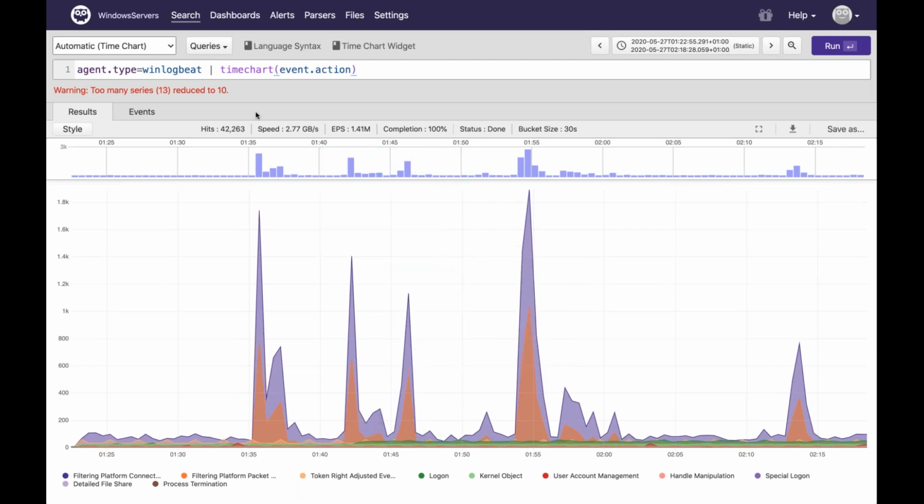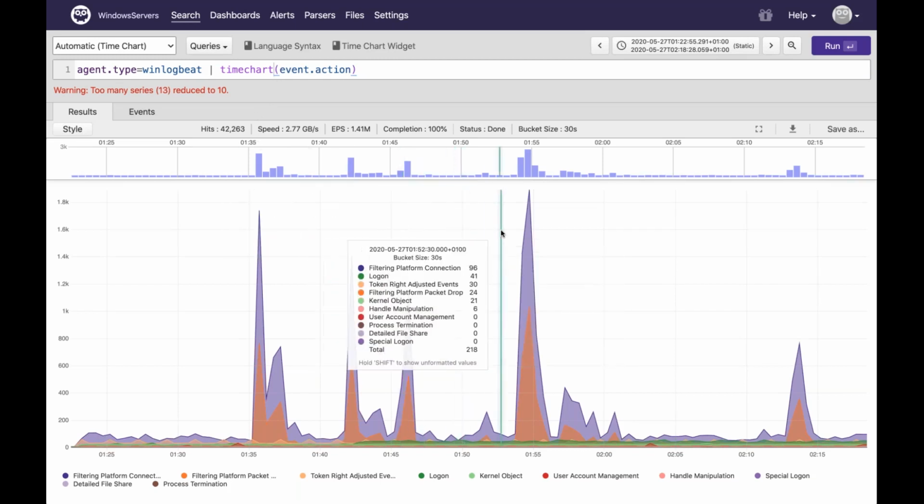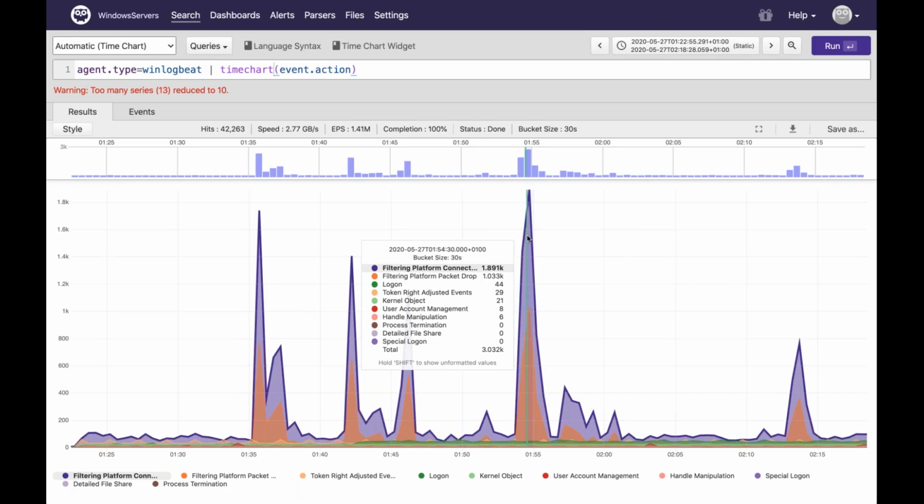It's fetched 42,000 events. Not a particularly massive instance, this one, but nevertheless still pretty impressive performance. Humio absolutely flies. It's been architected for modern hardware. That really is one of its USPs, that it makes fantastic use of modern day computer hardware for doing blindingly fast searches and really enabling this type of analysis. So now I can see that it is actually this filtering platform connection which is responsible for my